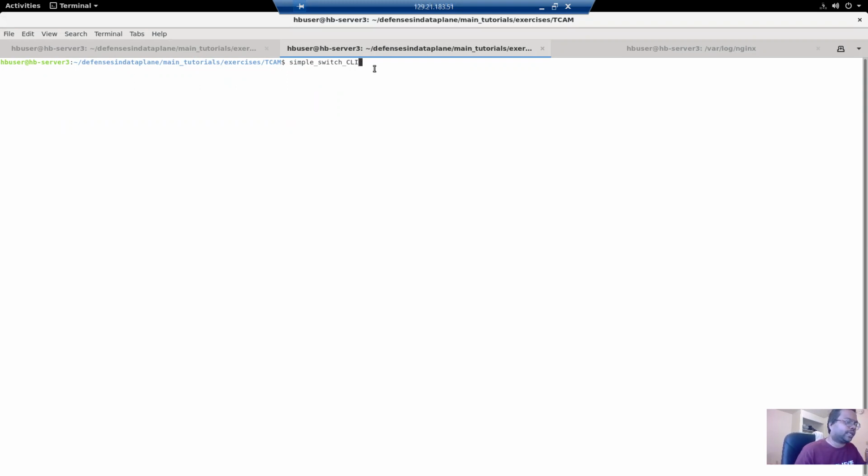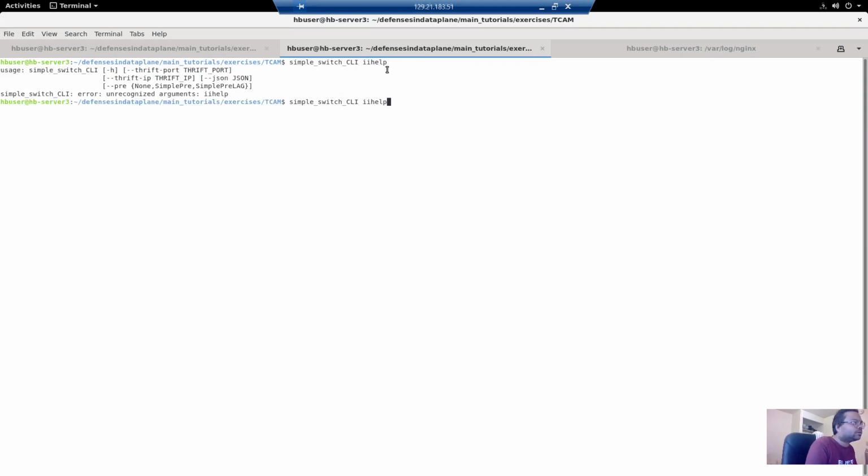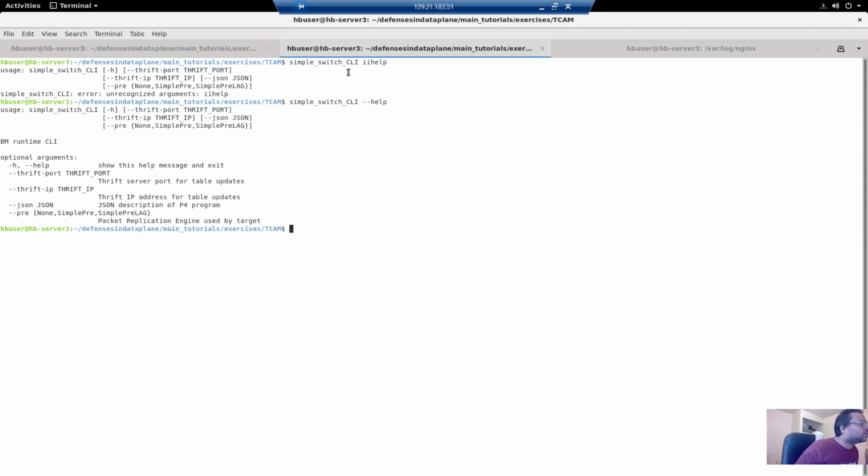By default, it connects to switch 1, but using the trift port option, you can specify the port where the specific gRPC server corresponding to the switch is running.